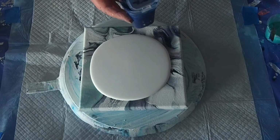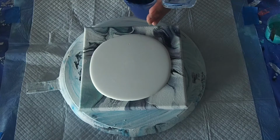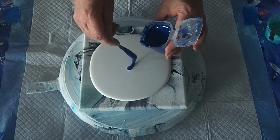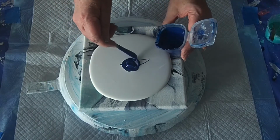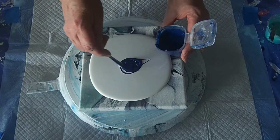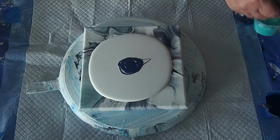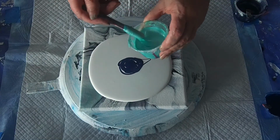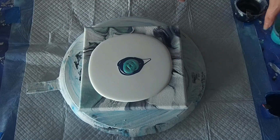I'm going to start off with a Prussian blue paint. I think I'll just put it on with my stick. I normally put the first layer on a little bit wider so that it sticks out from the others. So that was a paint, and now I'm going to put on a couple of pigments. I'm going to put on this lovely seagrass pigment and this other